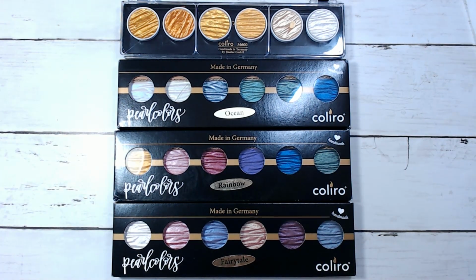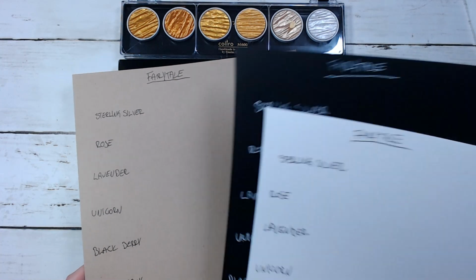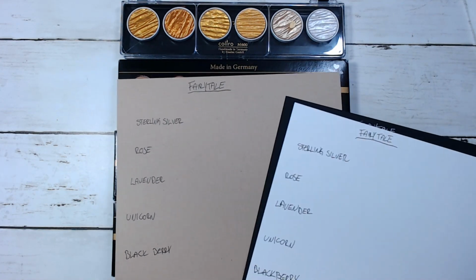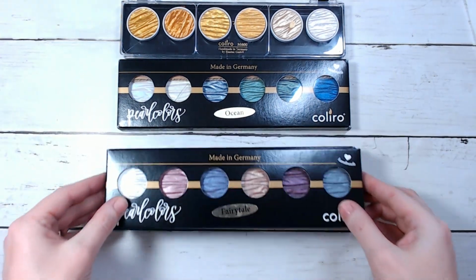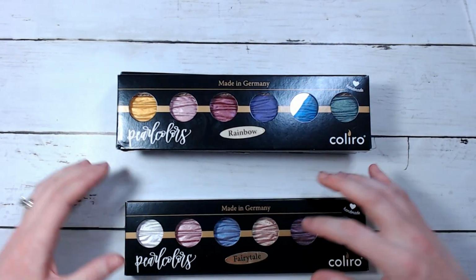And I'll be swatching them on 3 different types of paper. I'm a little bit extra, but I'll be swatching them on white and black and Desert Storm paper, and I will be linking everything down below because I just want to see what they look like on the different types of paper and stuff. So I think I'll just start with the Fairy Tale set,